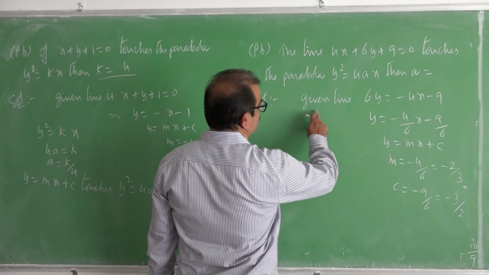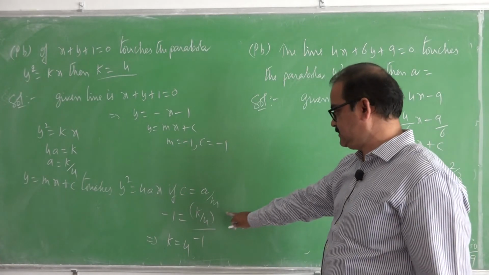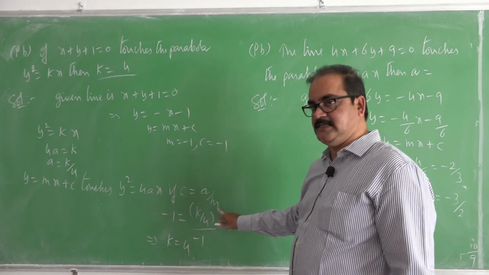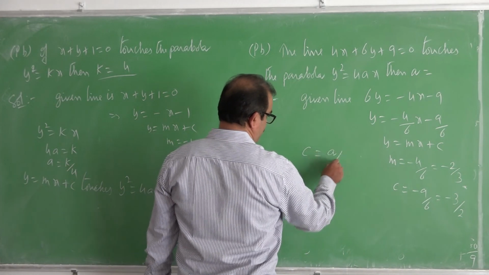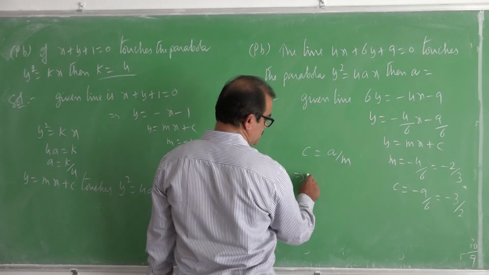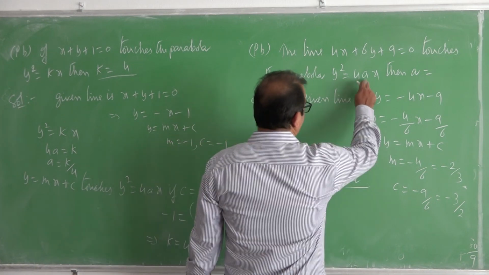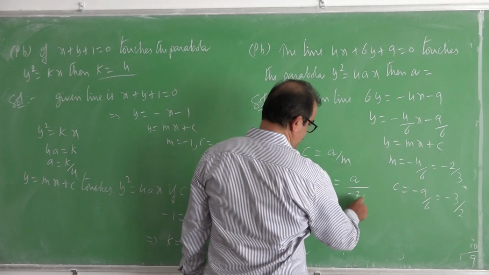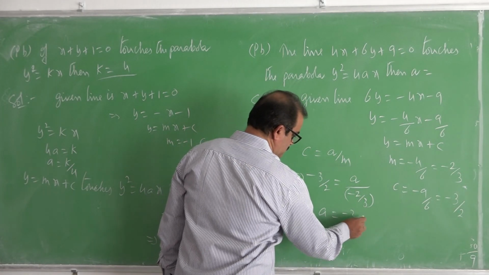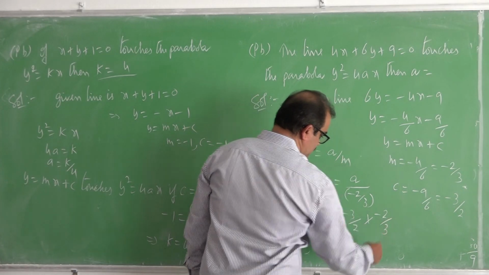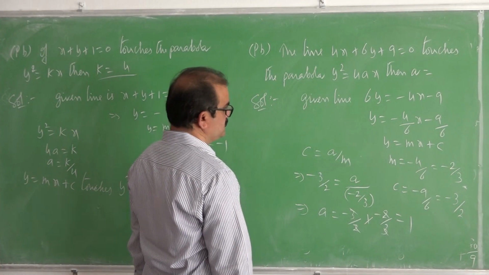What is the condition for the line y is equal to mx plus c touches the parabola y square is equal to 4ax? We already discussed it. C is equal to a by m. Apply this condition. C, minus 3 by 2 is equal to a by m, minus 2 by 3. Now cross multiply. A is equal to minus 3 by 2 into minus 2 by 3. 2 cancel, 3 cancel. We get 1. So a is equal to